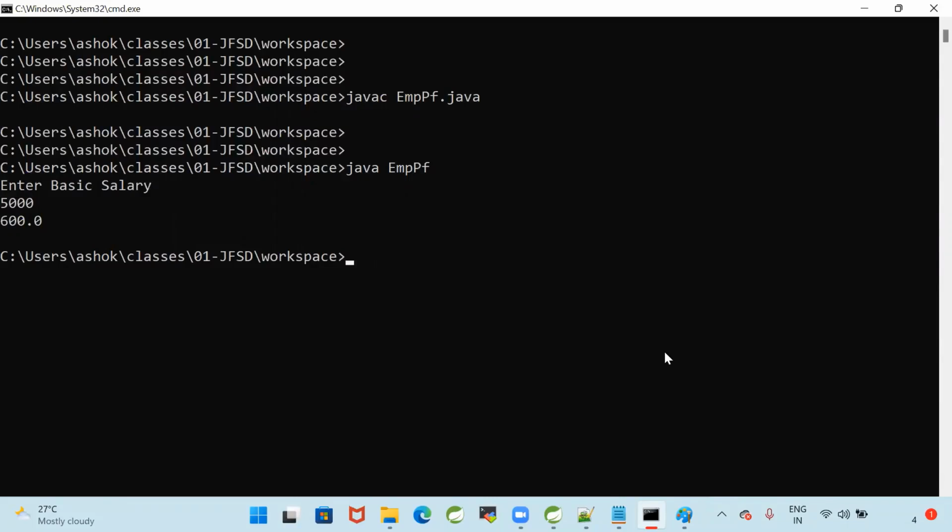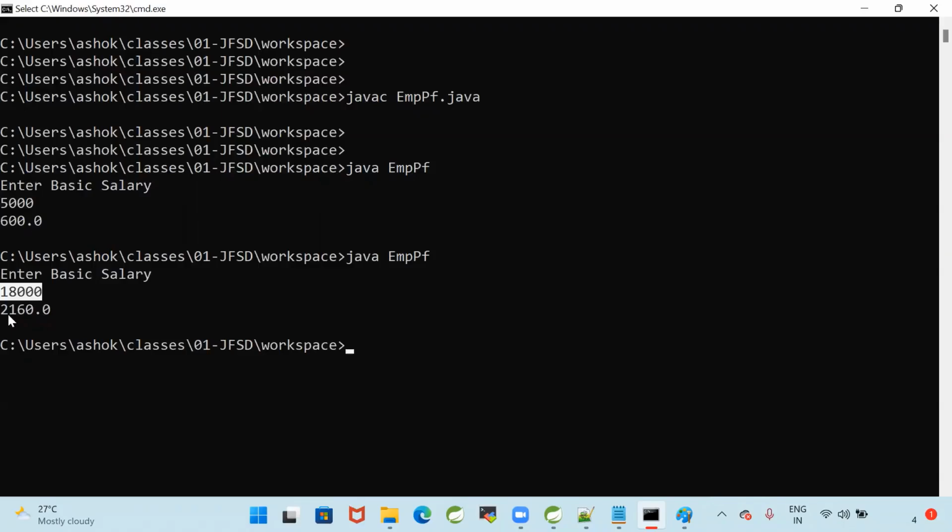What is 12 percent of 5,600? Suppose your basic salary is 18,000. Normal salary is different, basic salary is different, guys. If the basic salary is 18,000, then 2,160 will be your PF amount. If you have a basic salary of 18,000, then 2,160 rupees will be added to your PF account from your